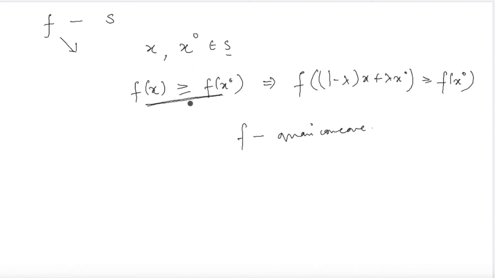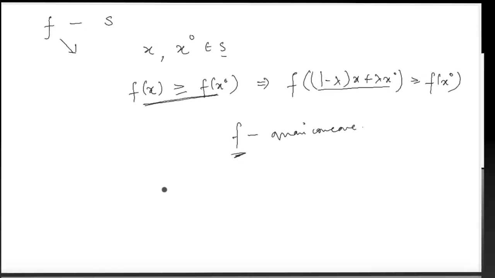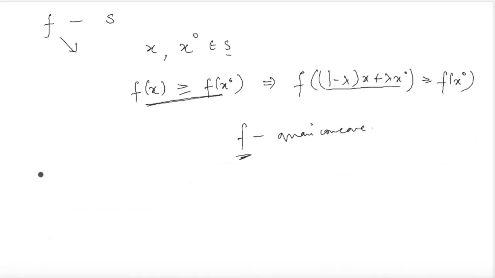Then when you take a convex combination of x and x naught, the functional value at this convex combination is also greater than or equal to f of x naught. In this particular situation, you can call f a quasi-concave function. Now, some important rules or properties of quasi-concave functions are that it is not necessary that the sum of quasi-concave or